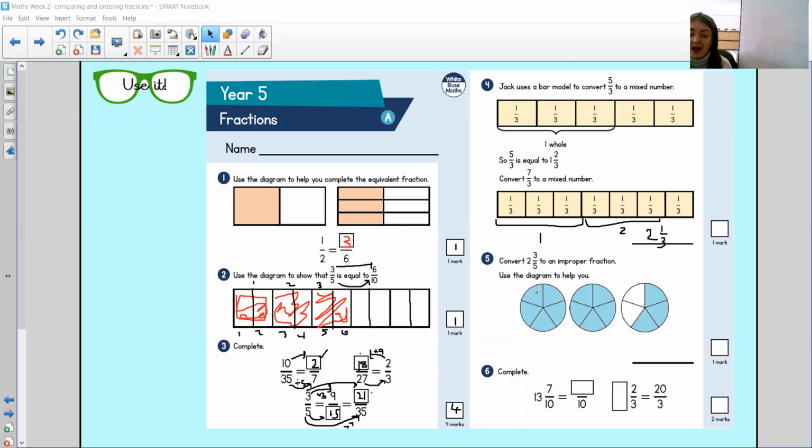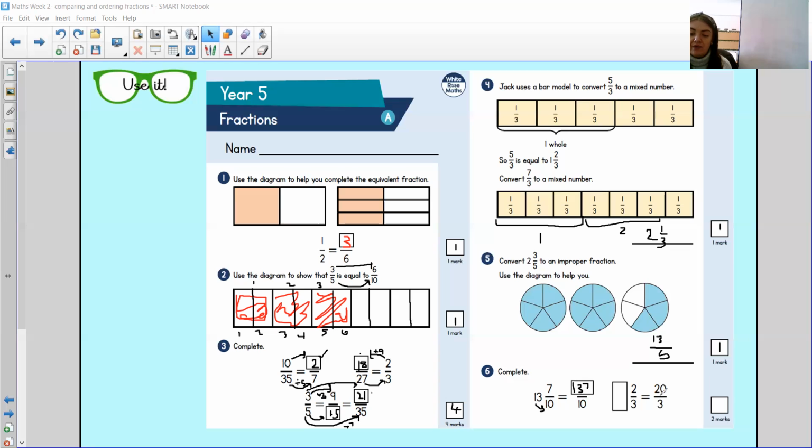I can use the diagram to help me. So how many fifths make up this whole? I've got 5, 10, I've got 13 fifths. So well done if you got those 2 right, give yourself your mark. And this one here, I'm now using my knowledge to convert it into an improper fraction. So I've got 13 wholes, which is 13 lots of 10 tenths. And I've got 7 more, so that's